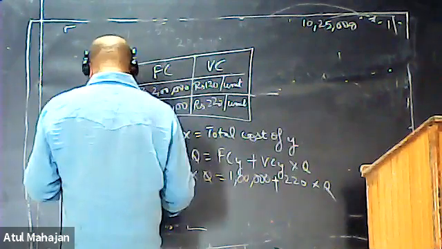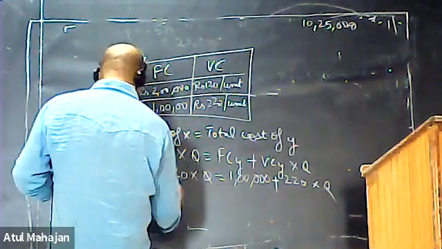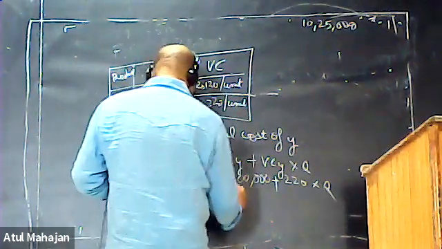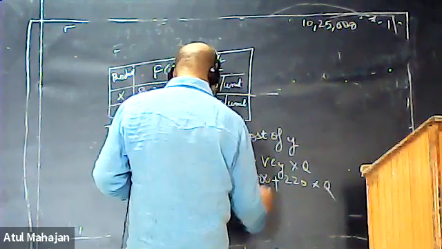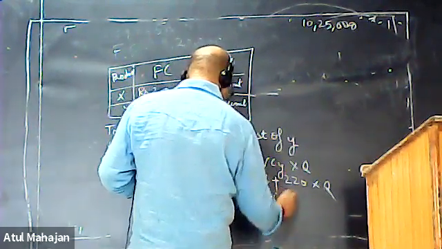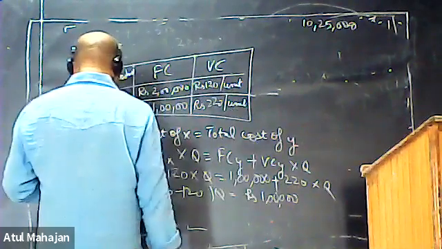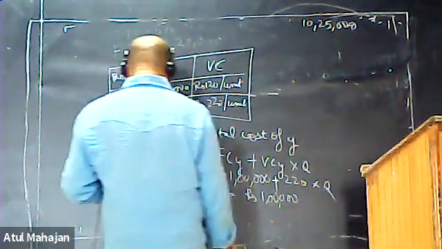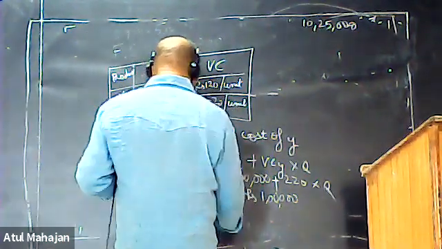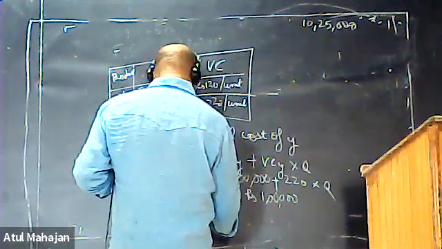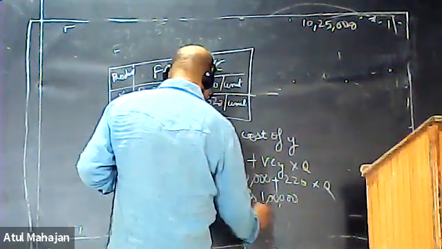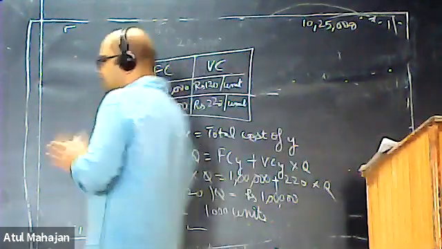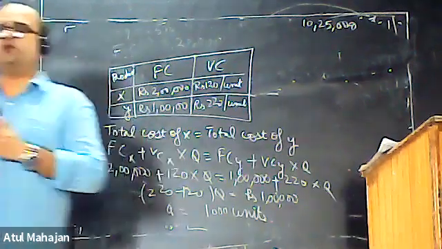Just calculate it in a simple way. 220 minus 120 into Q is equal to rupees 1 lakh. Therefore, Q will be equal to how much? 1000 units. So there is a need of 1000 units basically, at which the product price of X and Y will be